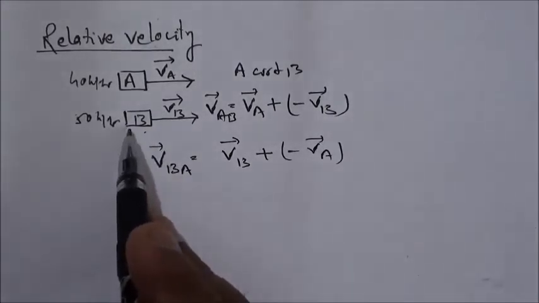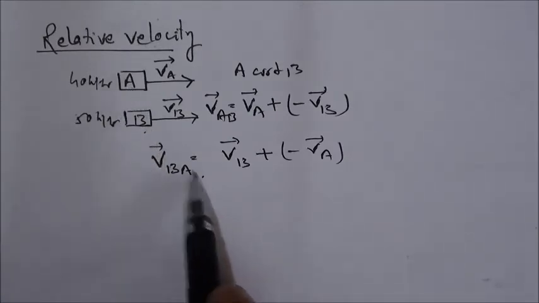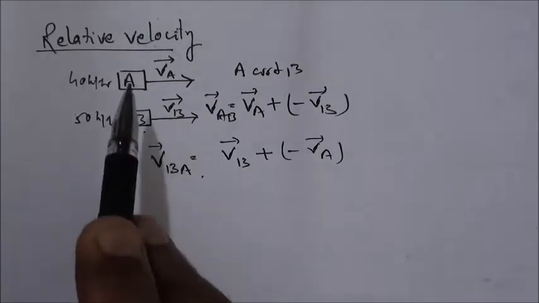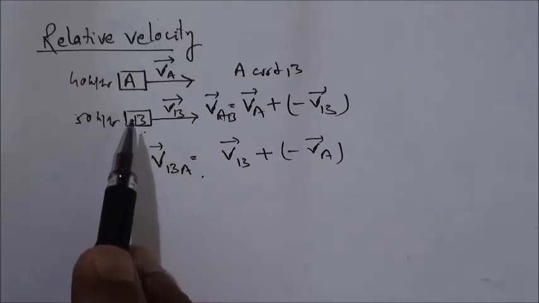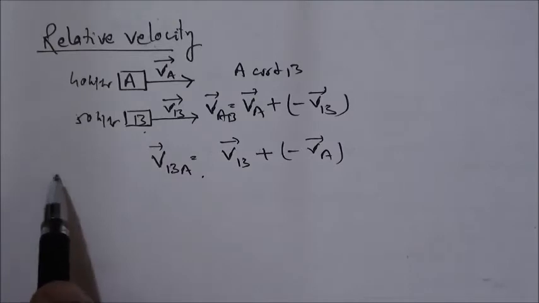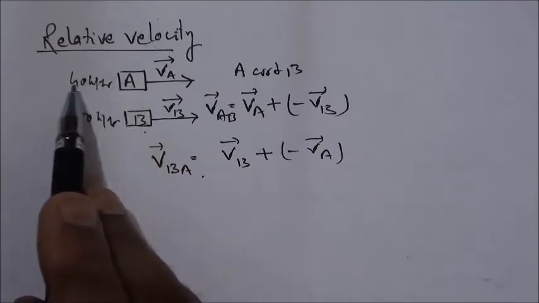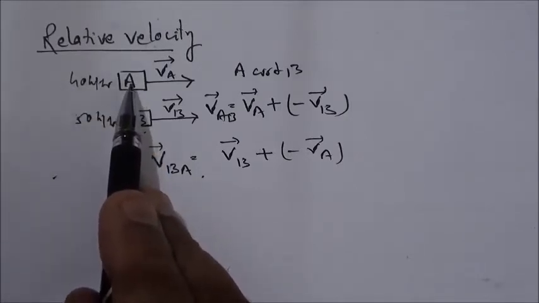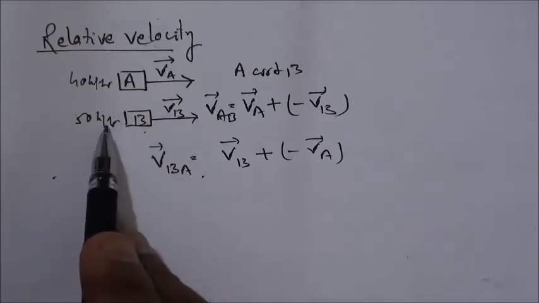So the speed of this with respect to this is just 10 kilometers in forward direction. So the speed of this with respect to this, it means as it appears to this person, it is 10 in this direction. And to this observer, this appears to move with 10 in this direction, and with respect to this observer, he will see this moving forward but with a speed of only 10.